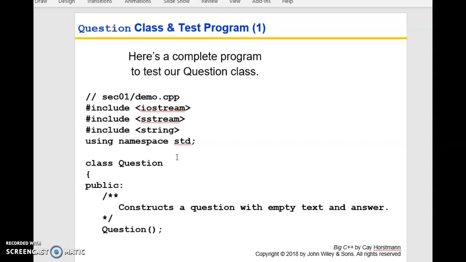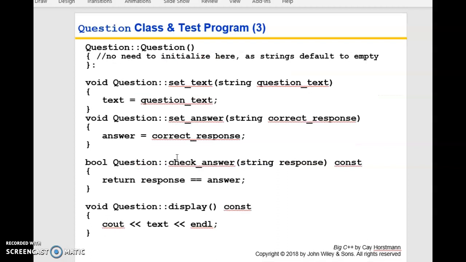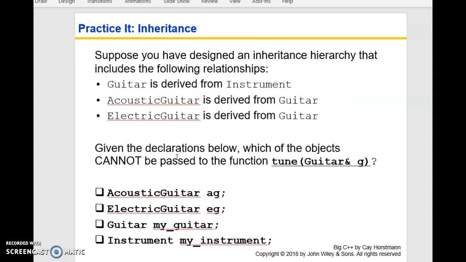So now when you run this program and you create a question, you just run the question function, and that's going to run and create a question. We want to be able to have text. We want to be able to have a correct answer. We want to be able to check the answer, and there's the code to do that. Now, when you get into creating a different question, other than one where you set a text, set an answer, and find the response,